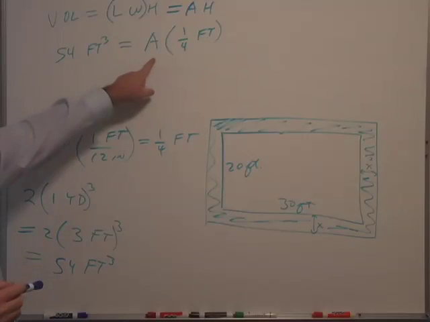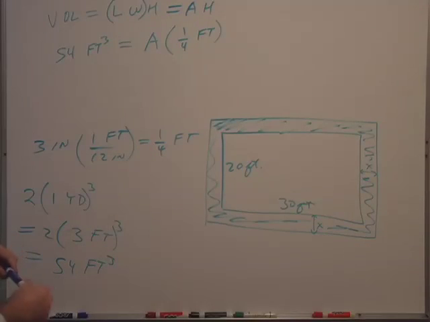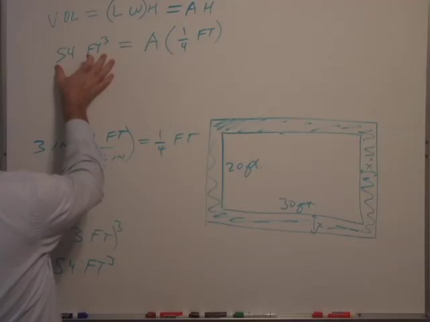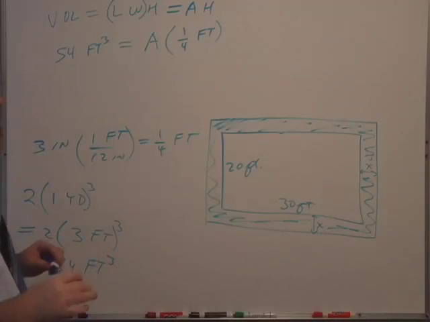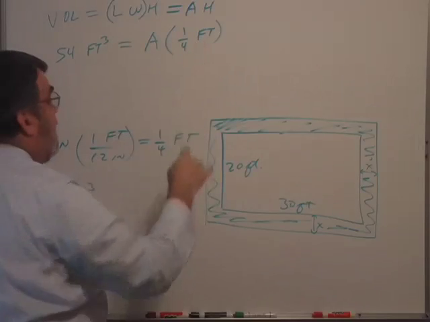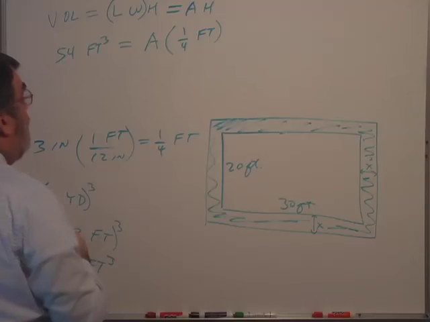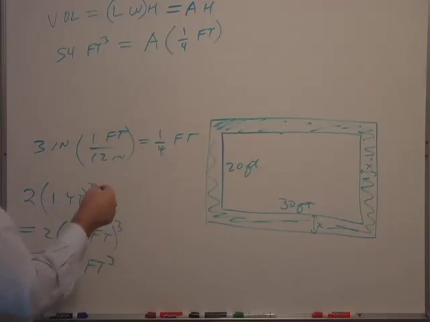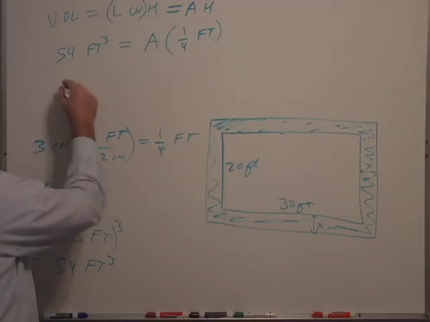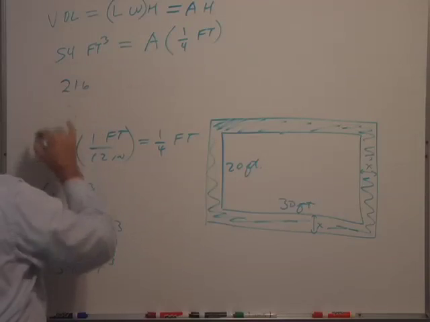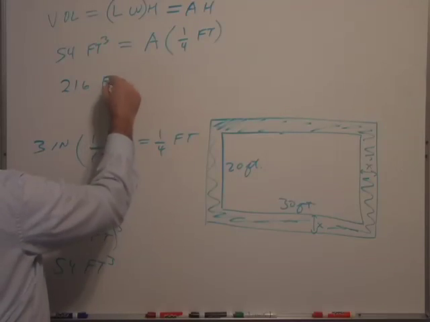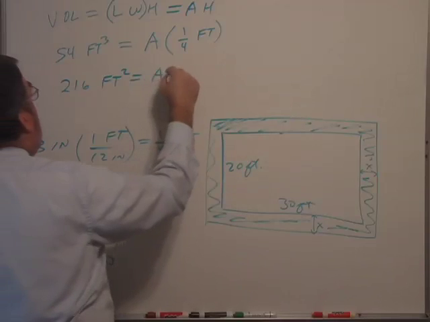So if we solve for the area of the sidewalk, we would be dividing 54 cubic feet by 1/4 of a foot. Cubic feet divided by feet will give you square feet. 54 divided by 1/4 is the same as multiplying by 4. So the area is actually 4 times this number. 216 square feet is the area